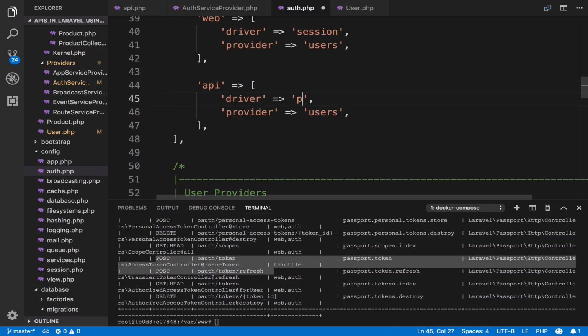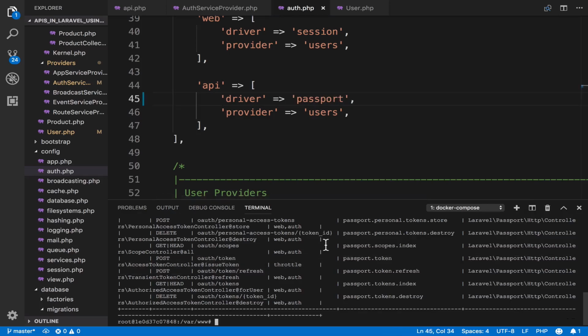change token to passport. Okay, so now regarding token generation, there are a couple of different ways to do it. For this course, we are going to use personal access tokens. You can also use password grant tokens. If you use password grant tokens, then there is no need to test authentication because the code is already tested by Passport. All you have to do is to make a post request with the required parameters to get a